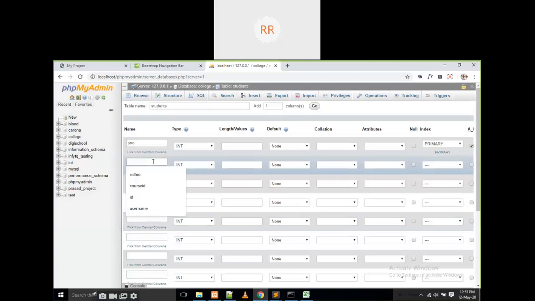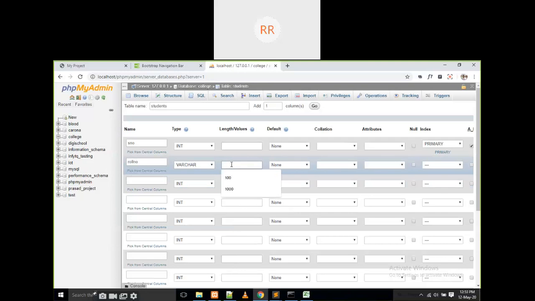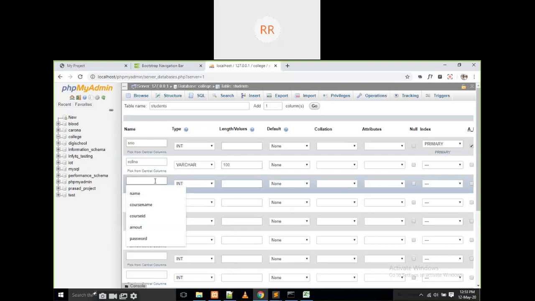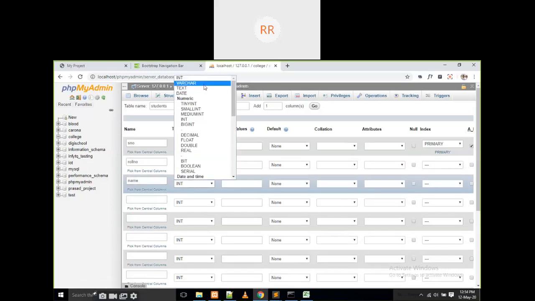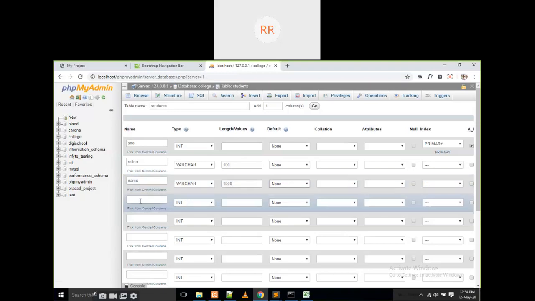Then the next one is roll number. Roll number is a varchar type, not a pure integer, because it has some alphabets also, right? That's why we are going for varchar. The next one is name, which is again a varchar, and take any size.